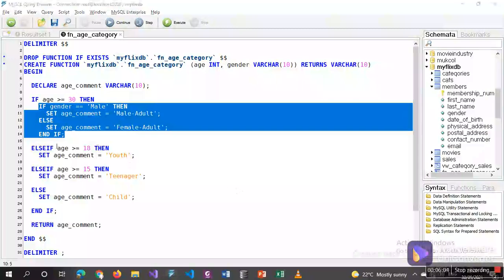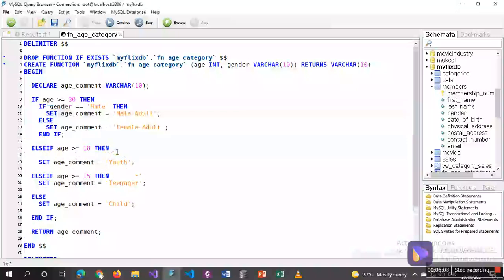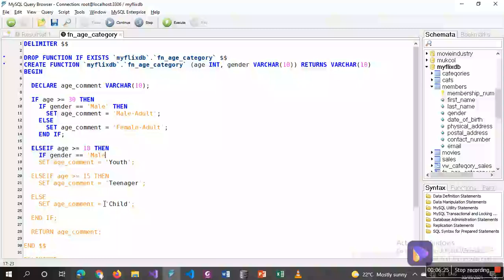Okay, so if we need this for these other edge brackets, we can just go ahead and do the same. I'm just going to do it for only this one, and then for these others you may do on your own if you need to. So I'll just say if, again, our gender is equal again to male. Okay, I'm going to say then,